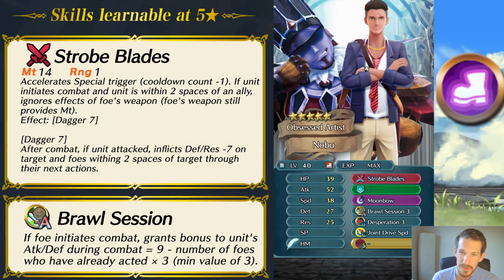We'll see. So it accelerates special trigger, and if the unit initiates combat, Nobu here initiates combat and is within 2 spaces of an ally, he ignores all the effects of a foe's weapon besides the weapon's might. So what that means is anything like all of the listed effects on something like Brave Ike's weapon, or Brave Hector's million effects that he has on his weapon, those are all negated. All that it provides is might. I think that makes Nobu a very good counter to these types of units and something like AR defense. These units are getting really, really powerful, and there are just some...